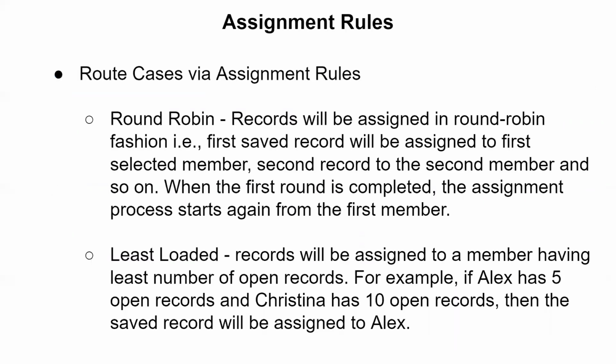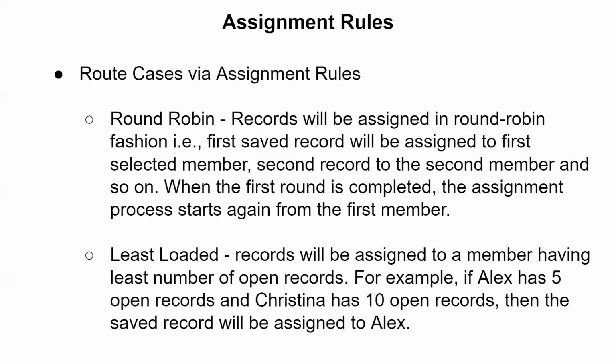So next we have assignment rules, which allow a manager to automatically assign cases to members of certain groups when a case is created. There are two different ways an admin or a manager can route these cases, and that's via round robin or least loaded. Round robin means that records will be assigned in a round robin fashion,